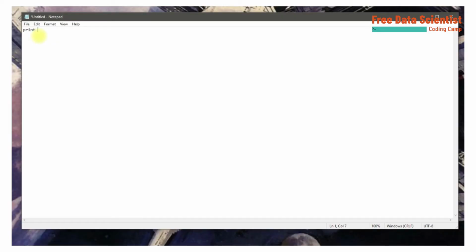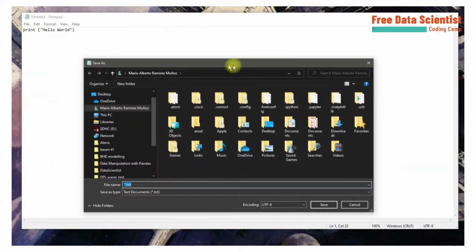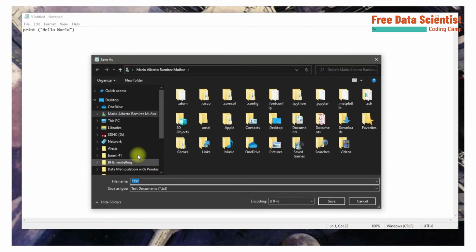Save the script with the name we want to find it by on our computer, or the name we want to have for our script. In my case, I will name it helloworld.py. You can try the name you want. The file should always have the .py in the file name. With this extension, we indicate it is a Python script.